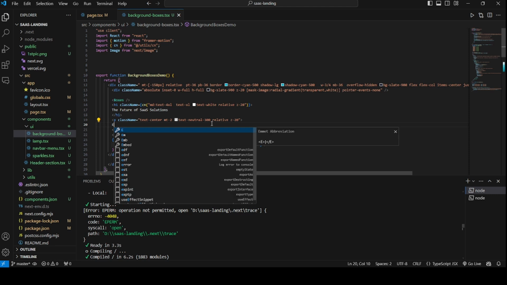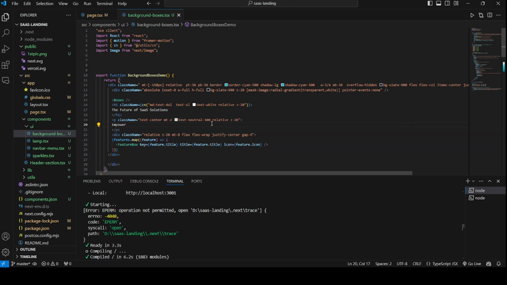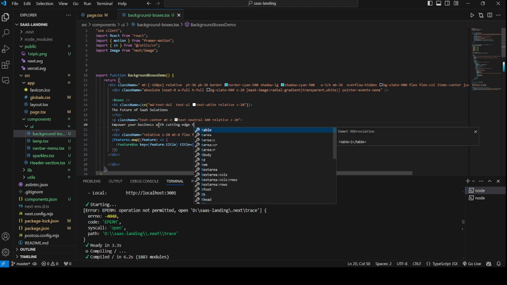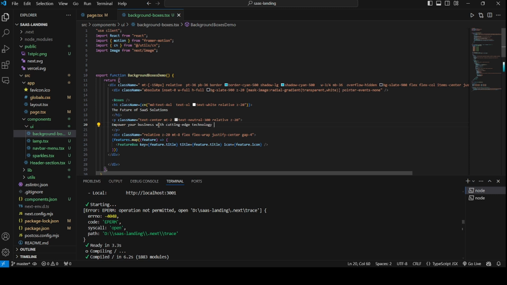And here in my second subtext, subheading, I want to give it: empower your business with cutting edge technology and seamless integrations.